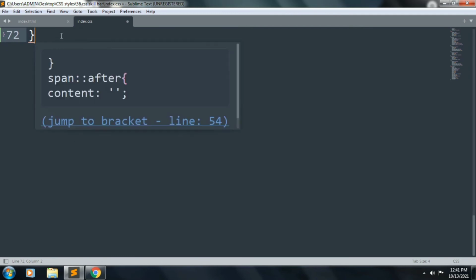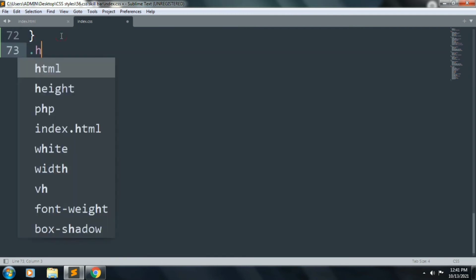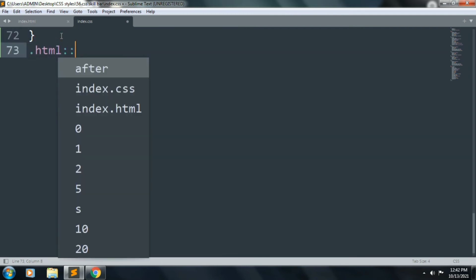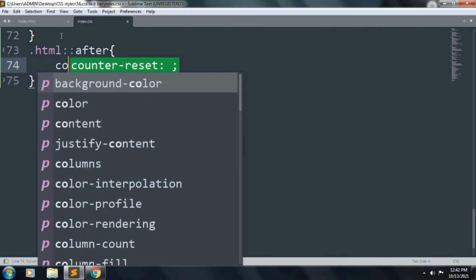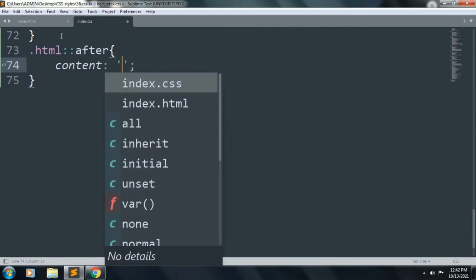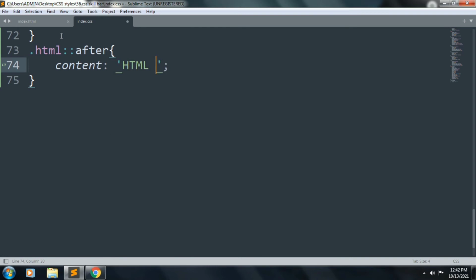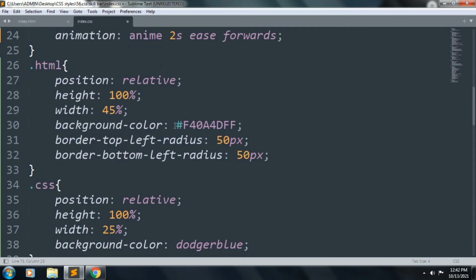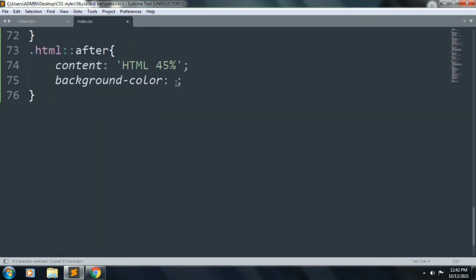Next, we want to create class HTML after. Inside this, content will be HTML 45% and background color. Copy this background color and paste it.